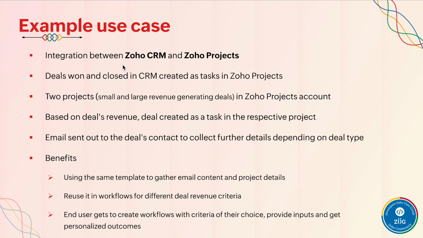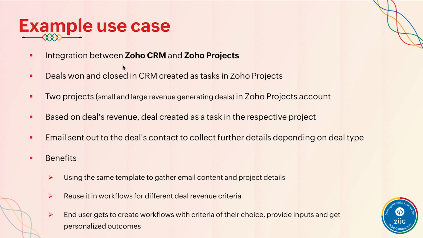Next, we're going to see the use case demonstration that we've taken as an example to demonstrate this custom action feature. We are going to see an example that involves an integration between CRM and Zoho Projects. CRM is a customer relationship management product, and we know that Zoho Projects is a project management app. In CRM, let's say you are handling deals with multiple contacts. The deal might currently be in a negotiation stage. A contact might approach you stating that they want a software product or a hardware product to be created for them. So you might be in a negotiation stage for that particular deal with the contact.